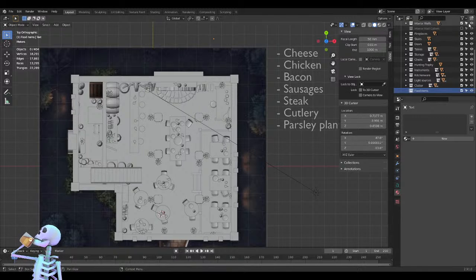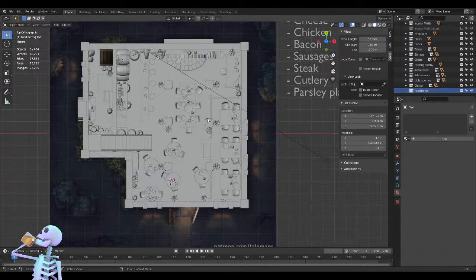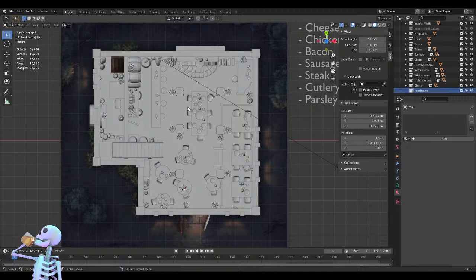A new collection, I should say, not a group. I mean, it's the same thing, but anyway, next up,